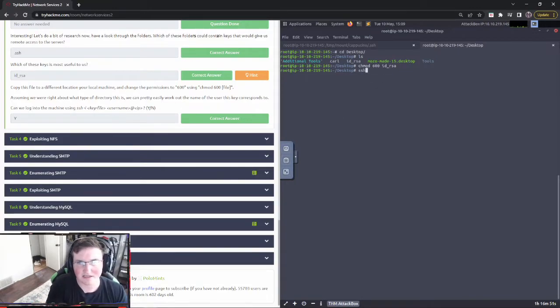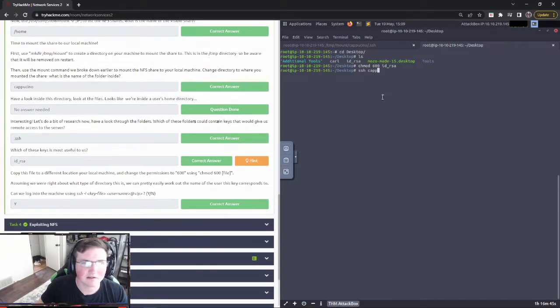So let's try it. SSH. I don't know how to spell cappuccino, apparently. Okay, cappuccino. That just looks weird, doesn't it? Cappuccino at 10.10.225.243.